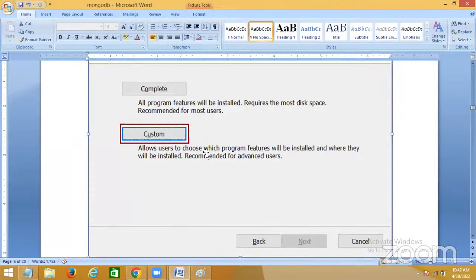So this allows the user to choose which program features you want to install. Try to select custom, because if it is complete, it requires a lot of space. Okay, because this will take a lot of space. Custom. And inside this custom installation,